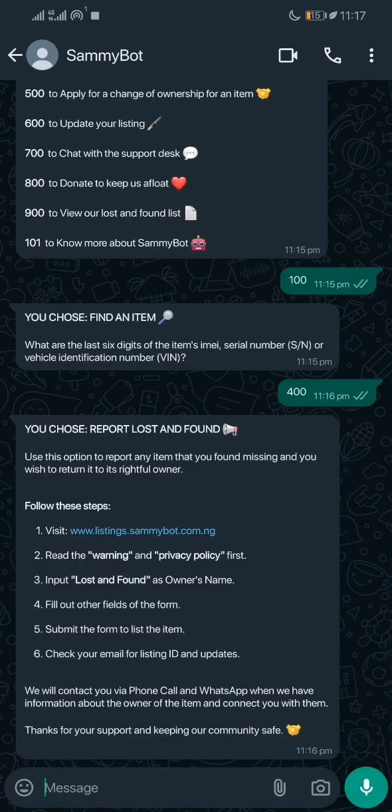It says, use this option to report any item that you found missing and you wish to return it to its rightful owner. Follow these steps. Step 1 says, visit the link listings.sammybot.com.ng. Then 2, read the warning and privacy policy first. Always remember to read the warning and privacy. We did that while I was showing you how to report or list an item, that is how to claim ownership of an item. Then 3 says, input lost and found as owner's name. So I'm going to show you the practical aspect from here. So we open the link,